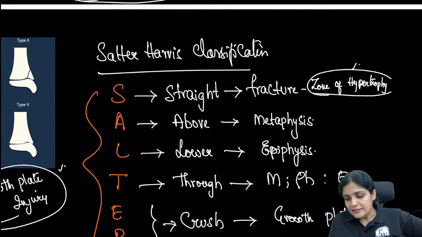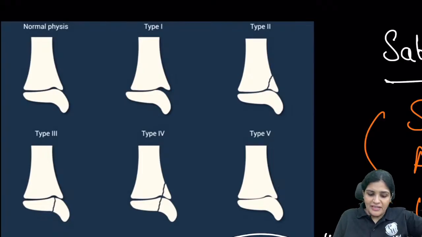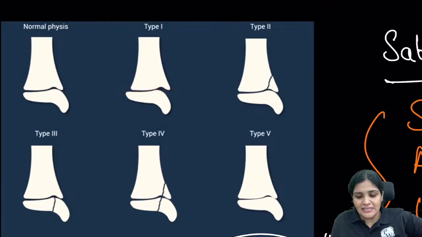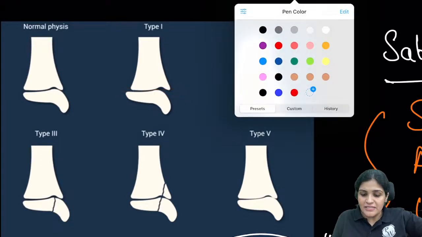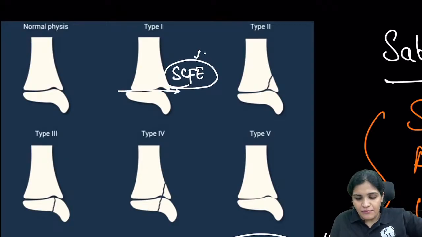So this is the theory. Now I'll show you the practical. So this is the normal physis. And if the fracture is just going through the physis like this, zone of hypertrophy, this is called type 1. So the example of type 1 is your SCFE. If you remember SCFE, right? Okay. There is a fracture like this, and whenever this fracture is going through the growth plate and going above